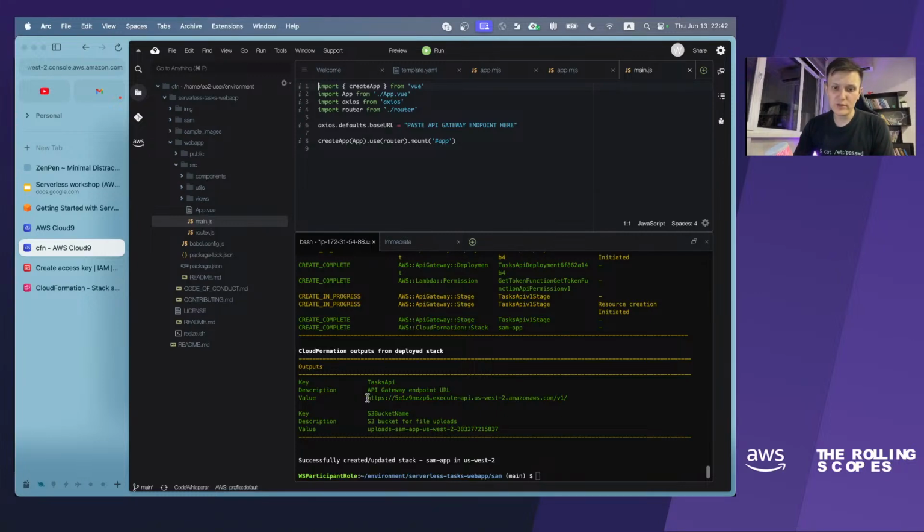So what you should paste here is your API Gateway URL. Make sure that you don't have any extra or trailing spaces, and you can even just delete the trailing slash. It should work without it.